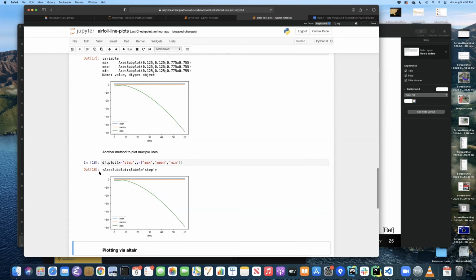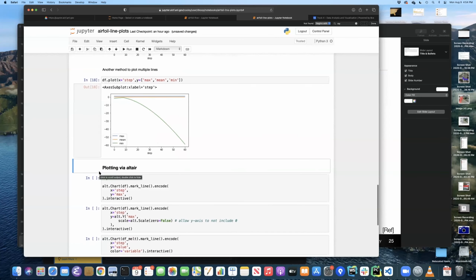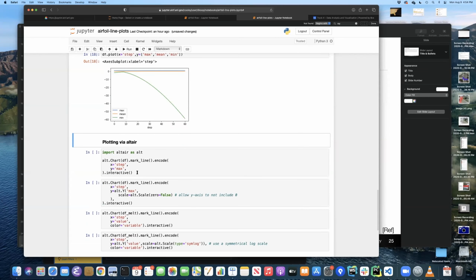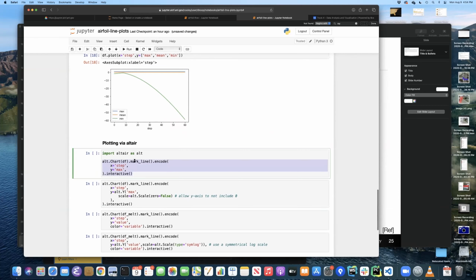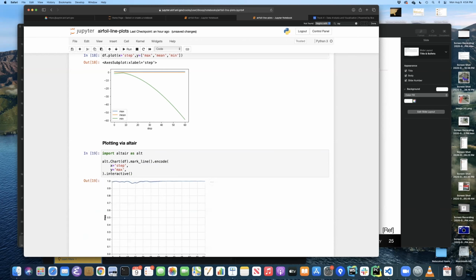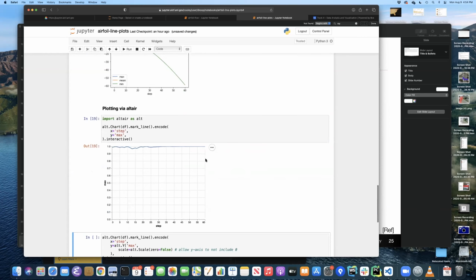And there's, again, another shortcut for that. With Altair, things are a little bit different in that I choose the geometry, that mark type, and then I choose how I want to encode things like the position here, so the X and Y position. So I'm going to use the step on one axis and the max on the other axis, right, and I get that line plot.